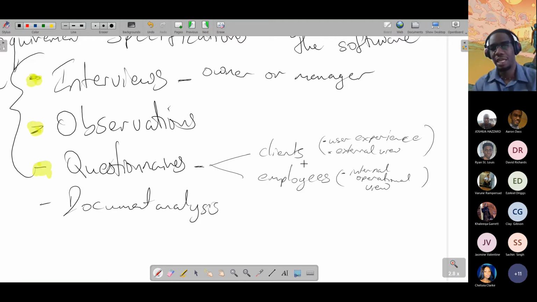And what that will tell us is what the practices and procedures are from the employee side, what they think works well and what they think frustrates them. From the client side,